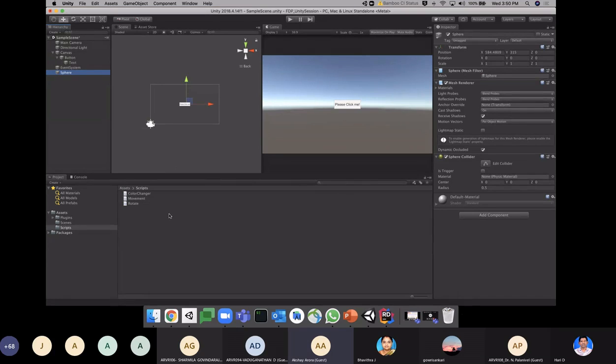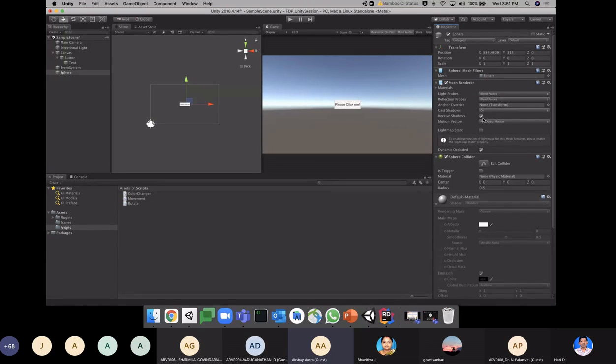If you create or import any 3D object, you will find these two components as mandatory. One is your mesh filter, which is basically what to draw, which mesh to draw. And then we have a mesh renderer, which is basically how to draw,